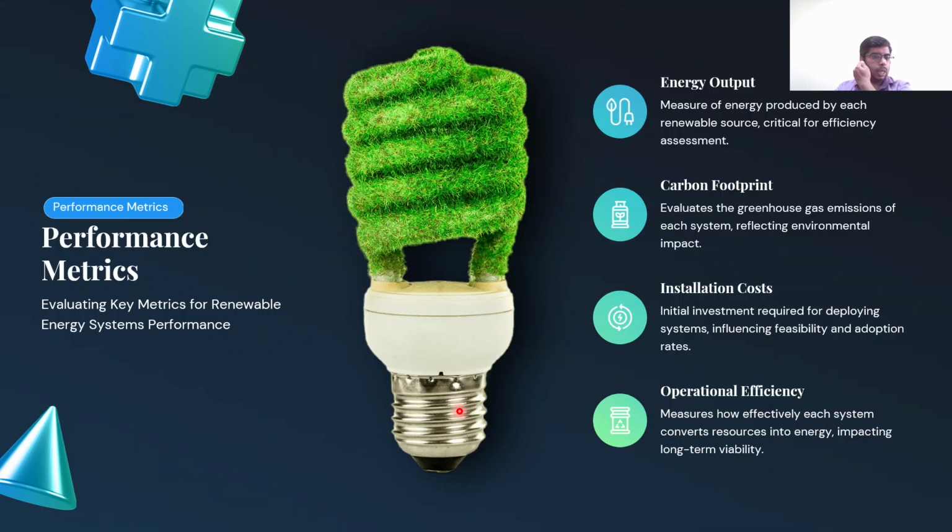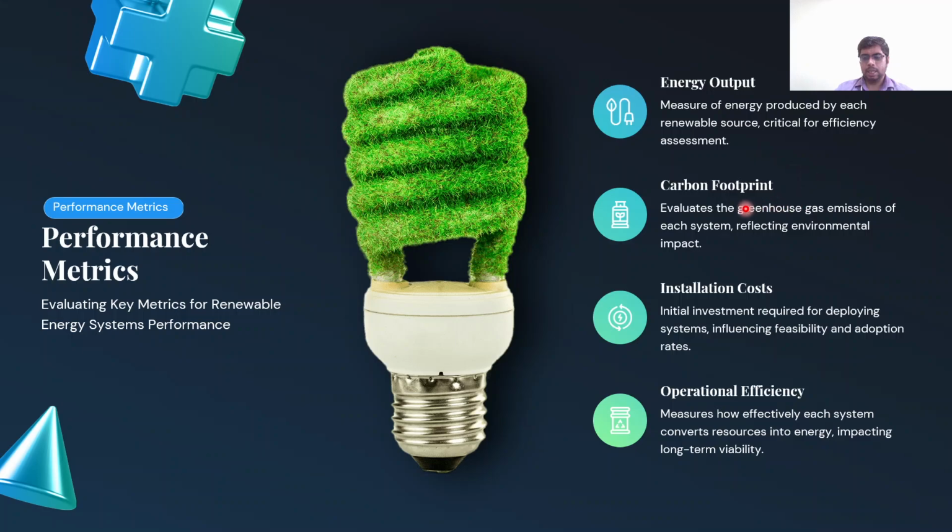So in order to analyze the performance of these systems, we are going to look at various performance matrices. I have listed some of them here, and we will come up with some others from time to time. We can look at the energy output, which is a measure of energy produced by each renewable energy source, and it is critical for efficiency assessment. So we can assess the efficiency by looking at the energy output and the energy input. And we are also going to look at the carbon footprint,